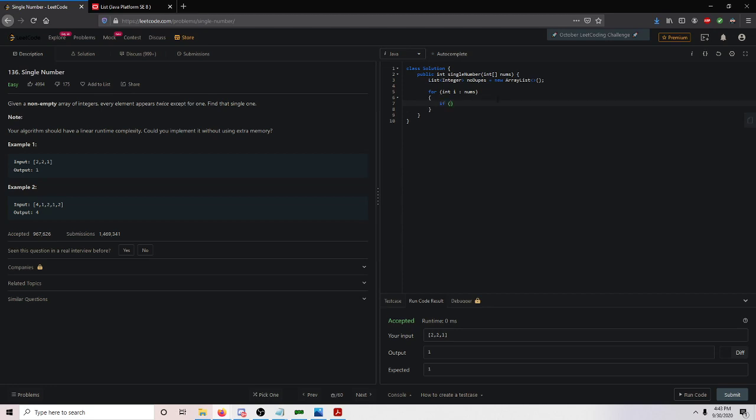And we're going to want to put some conditions here. So I'm going to negate this condition. So if noDupes contains i, we're going to want to add the integer to our list here. So if the integer we're currently at in our integer array nums is not in our list, we want to add it to our list. Else